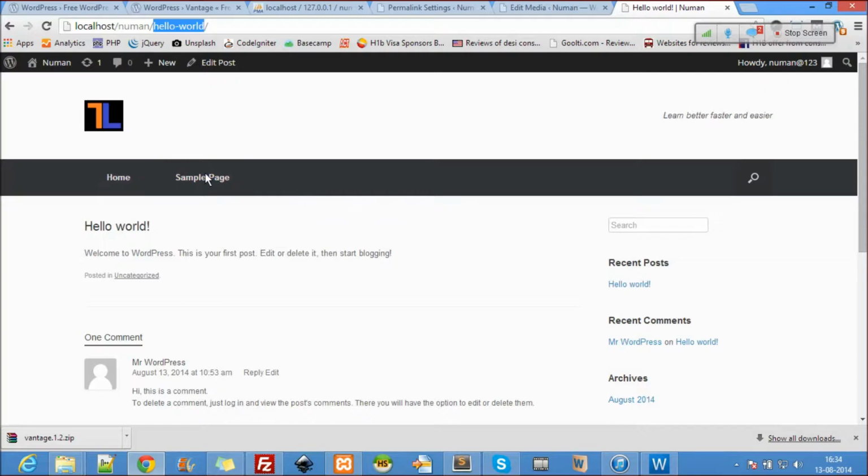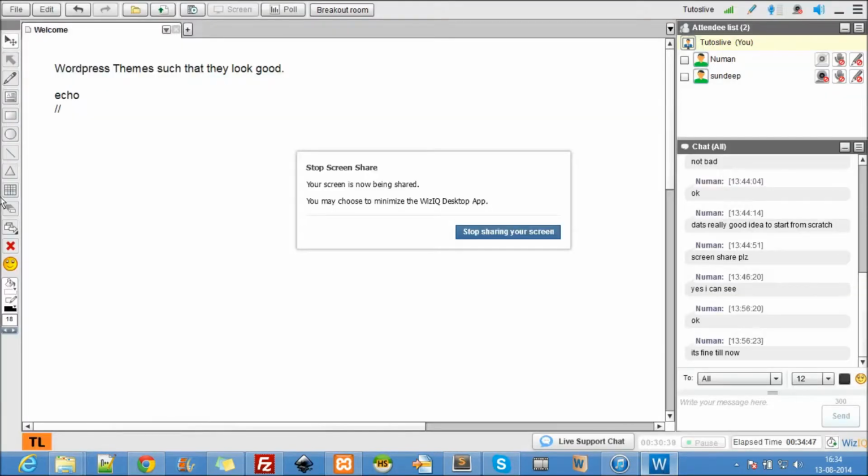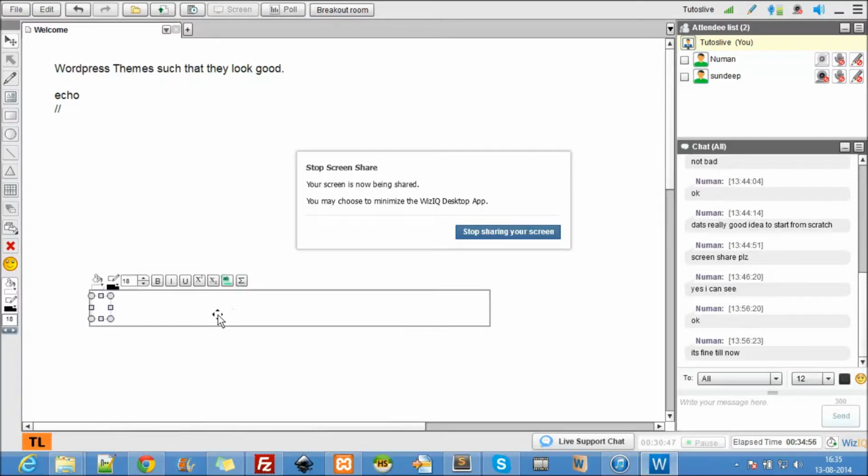I want something like this. This is my menu bar. If I'm not clear, just let me know. Home, services, contact, and FAQs, something like this.